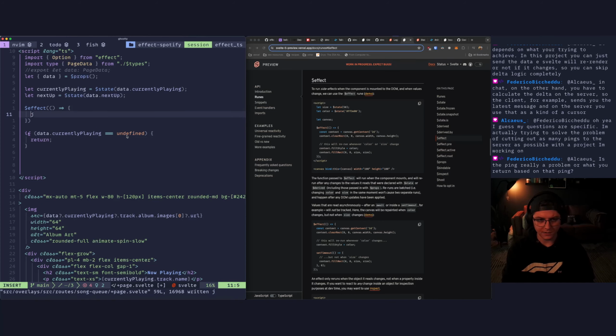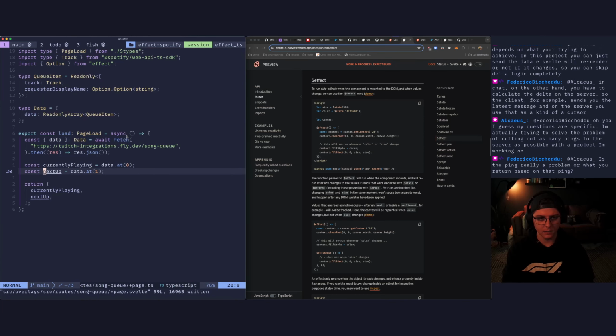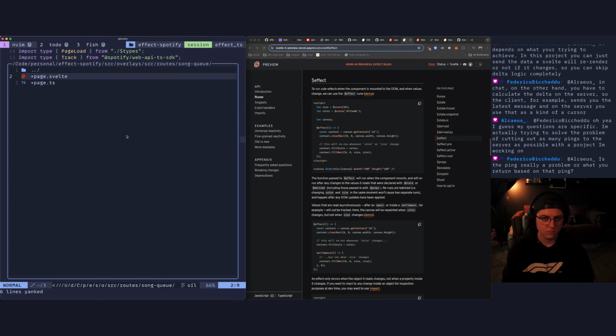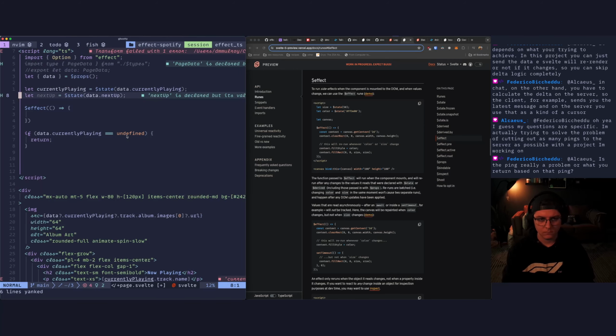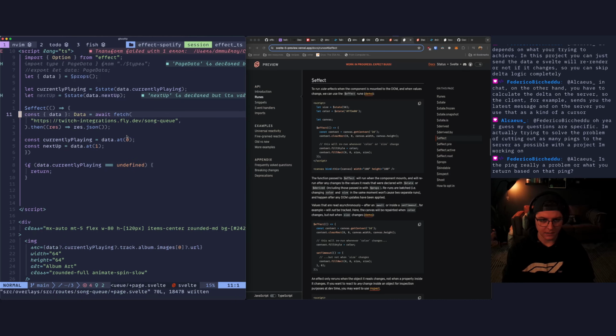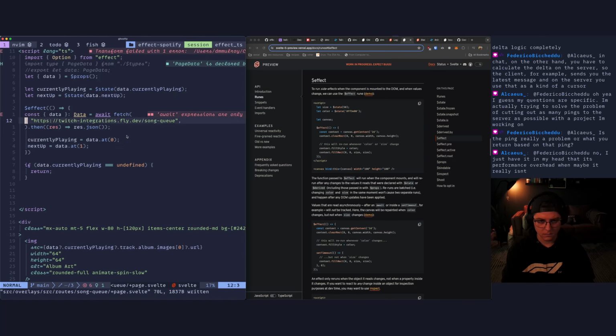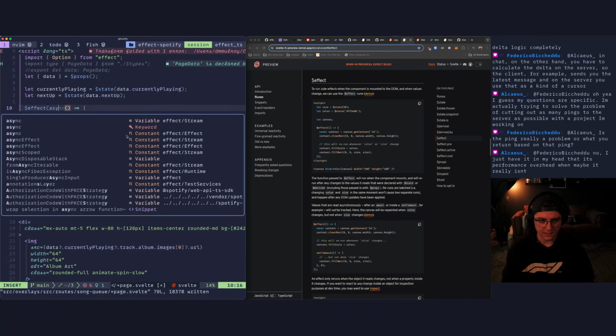And here we're just gonna refetch our data, which we can come here and just do this. Paste that in there, and then this doesn't need to do that. This can be async.